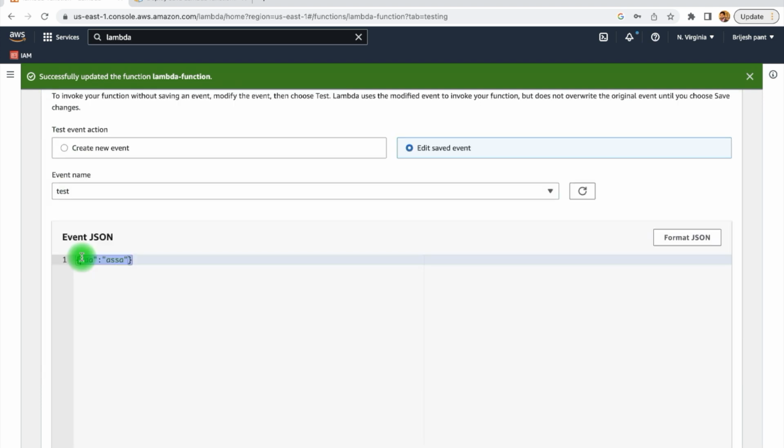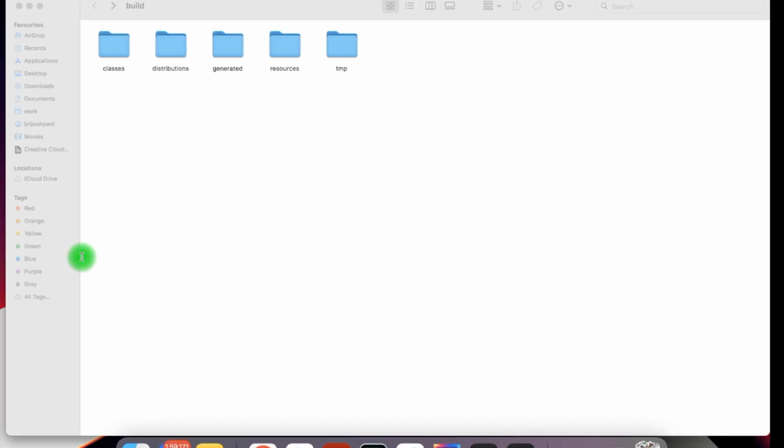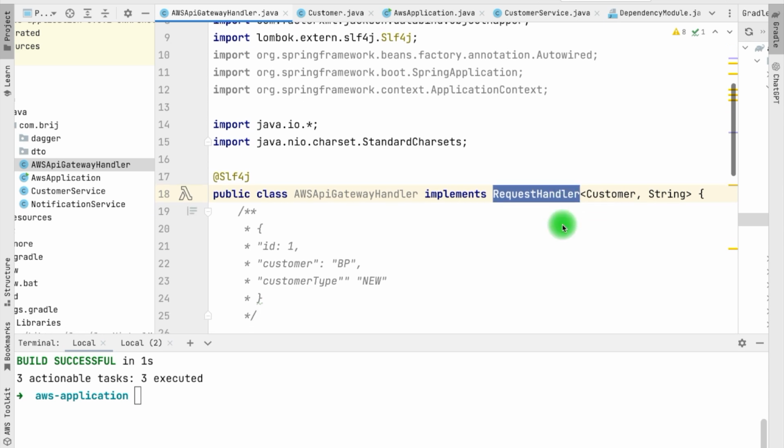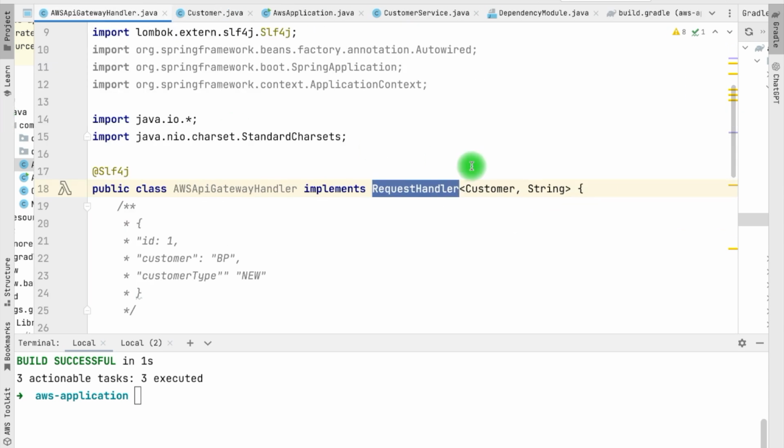You might have a requirement where you want to have different JSON objects to be processed by the Lambda. Then you will not be able to do that, because in the AWS Lambda handler, what we have done is we have provided the specific type. We might have different types that we want to process. So RequestHandler will not be able to help in that. Instead of that, we can use some other handler, which is